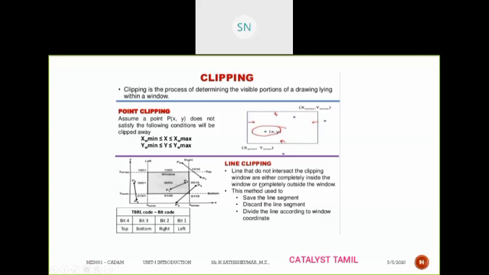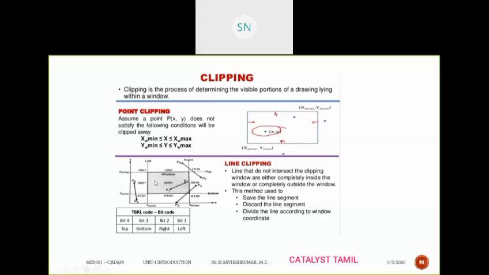So what is meant by line clipping? If your operational entity is a line, then it is called line clipping. If your area of interest to be clipped is a polygon, then it is called polygon clipping. If it is about the clipping of points, then it is called point clipping. Only the geometry of the entity is different, but the remaining things are the same. Here most commonly we are discussing line clipping.